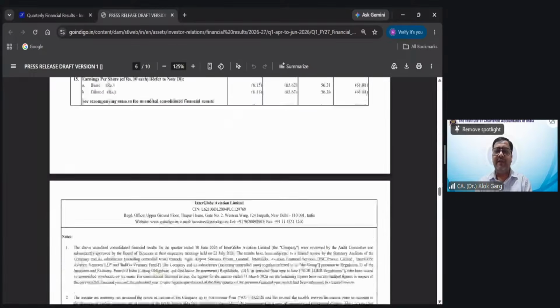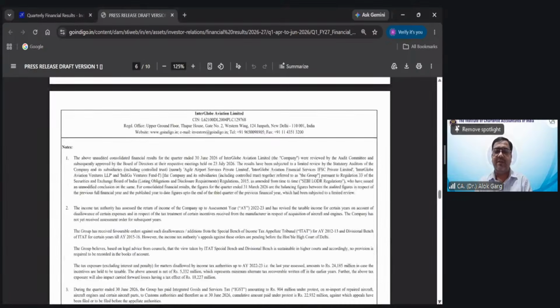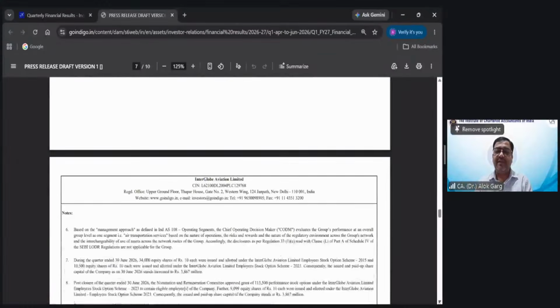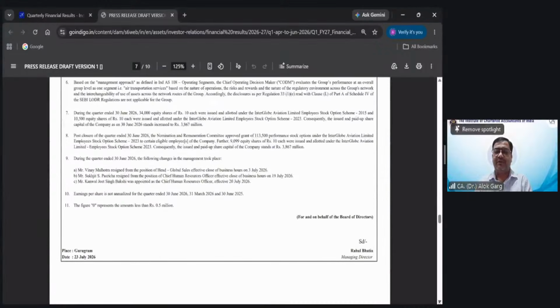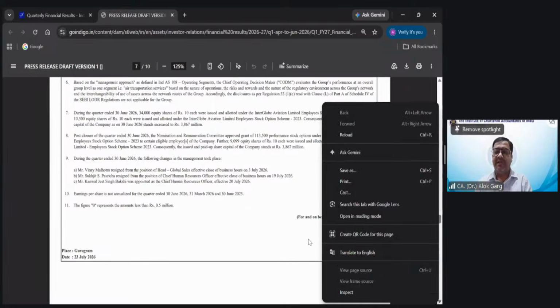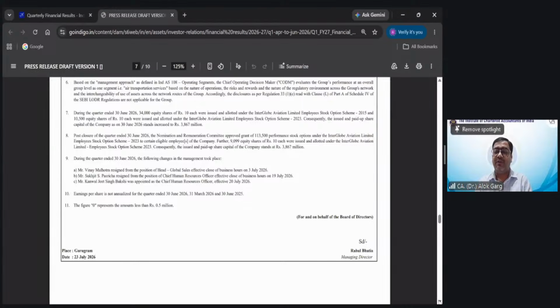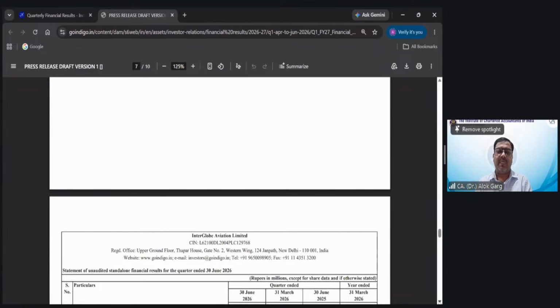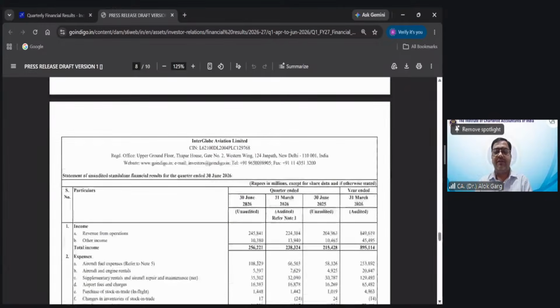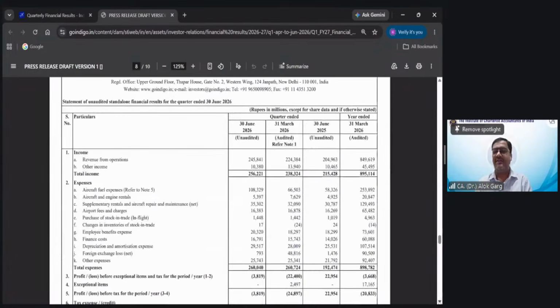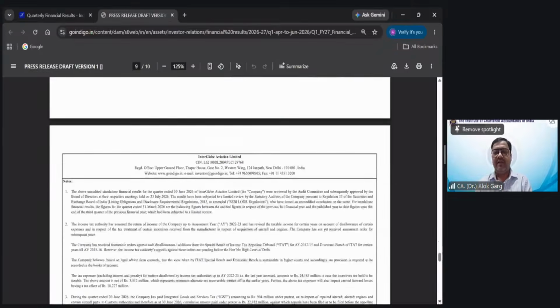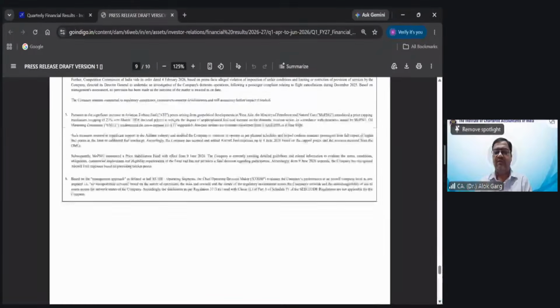Now, after the P&L, let's go to the next page. It is notes. It is limited notes. You can see that it is 3 pages of results. 1 page is on the P&L. The second and third pages are on the notes to results. Then, after the consolidated results, there are standalone results: the P&L, and then there are notes to results.